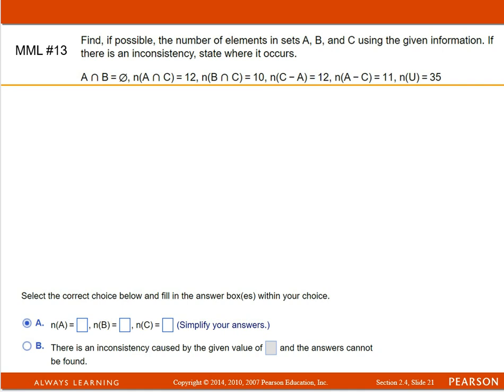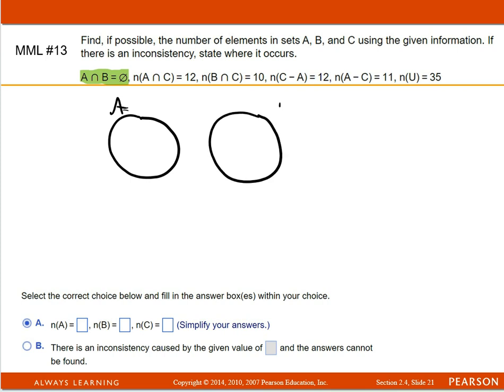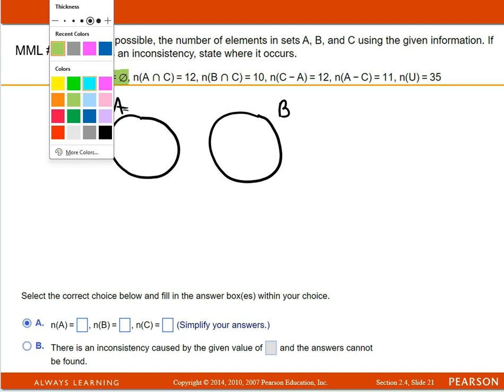But the very first piece of information that they give me is that A intersect B is the empty set, which tells me that circle A and circle B do not touch at all. They're the empty set. Actually, they call that disjoint sets. They don't touch at all. But then I'm told that